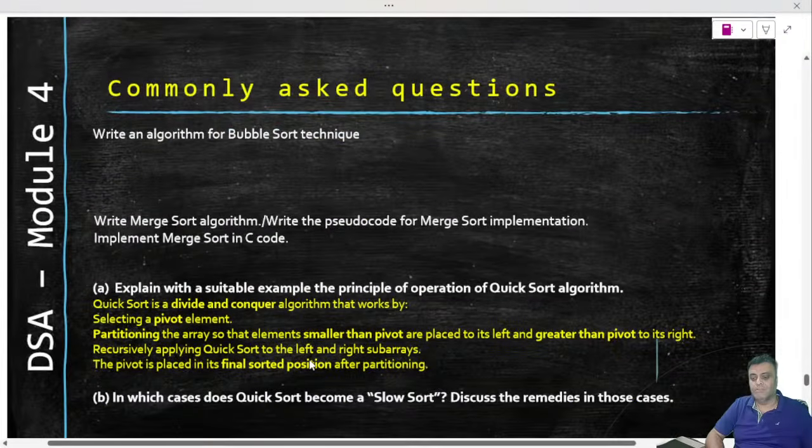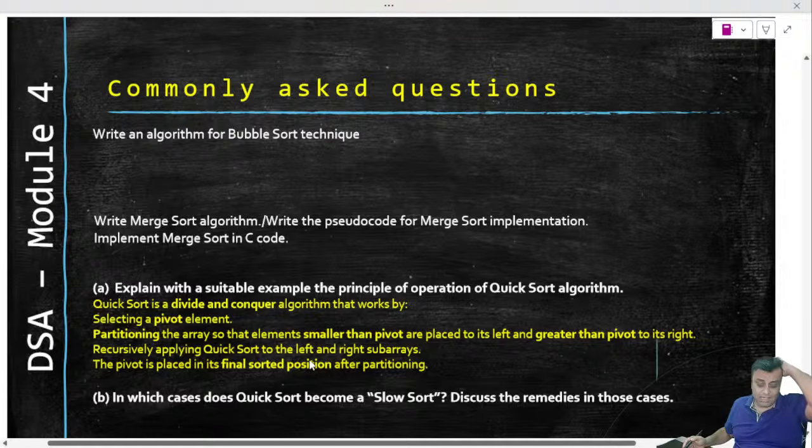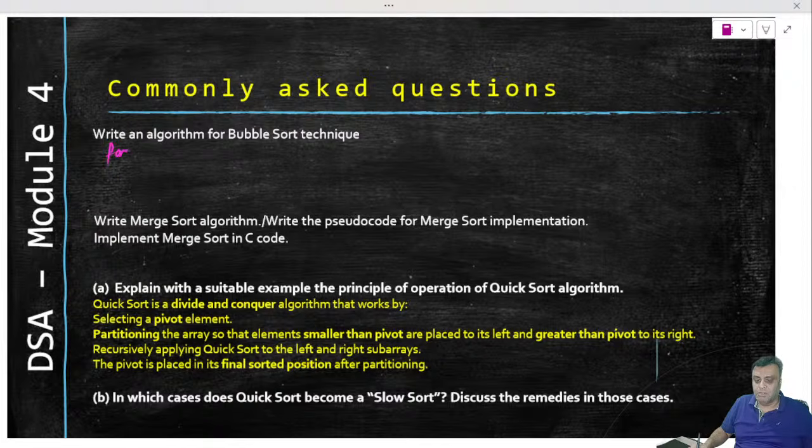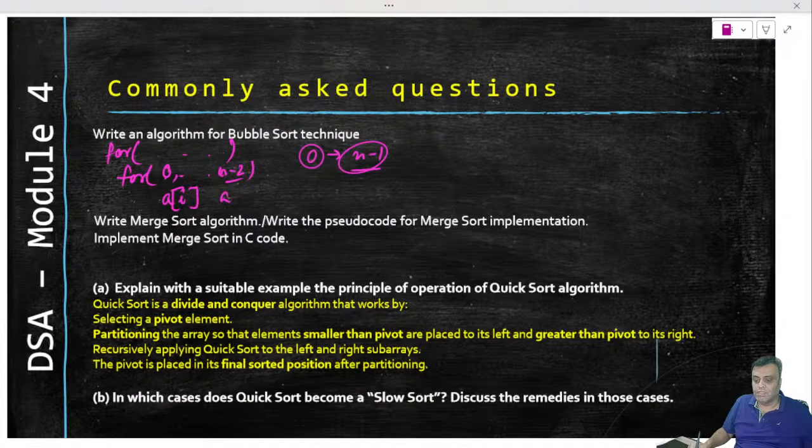This is the question. Next, write algorithm for bubble sorting. This has suddenly come up in 2017. After that, I have not seen your last semester algorithms, but if you remember bubble sort, there should be 2 loops. So one loop here, one loop here, iterative method. This loop will run till n-2, because in bubble sort you are starting from 0, that means 0 to n-1,